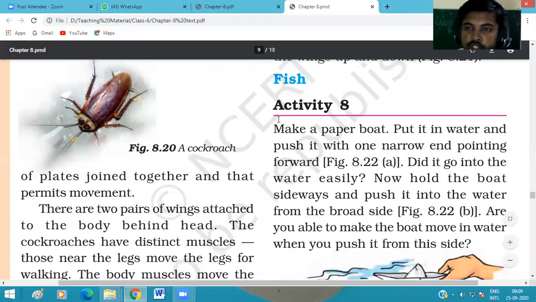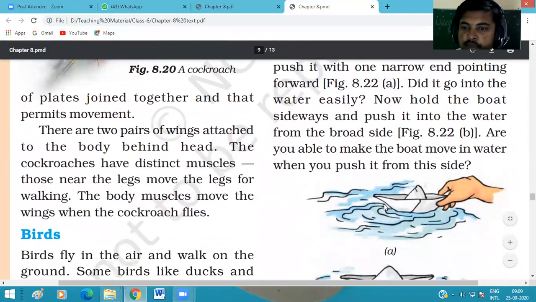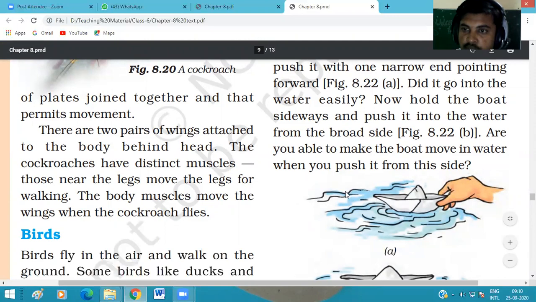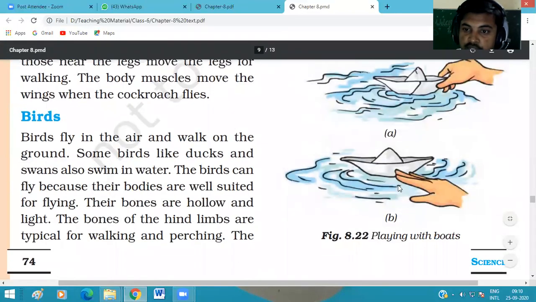today I will explain the movement in fishes. By an activity we can try to understand how fishes move. In this activity we prepare a paper boat, and when we put this boat into the water, it flows easily in the forward direction. But if you try to push the boat to flow or swim in this direction,